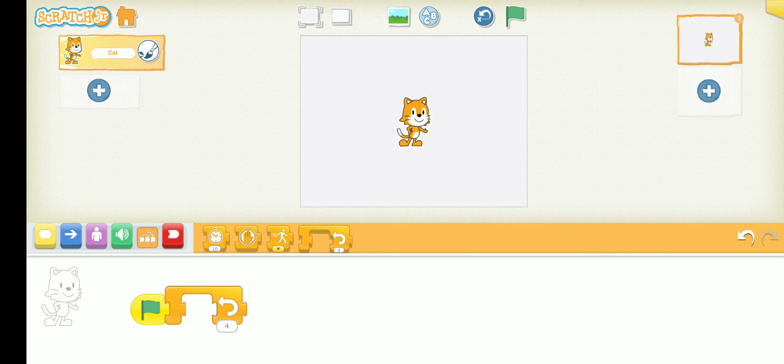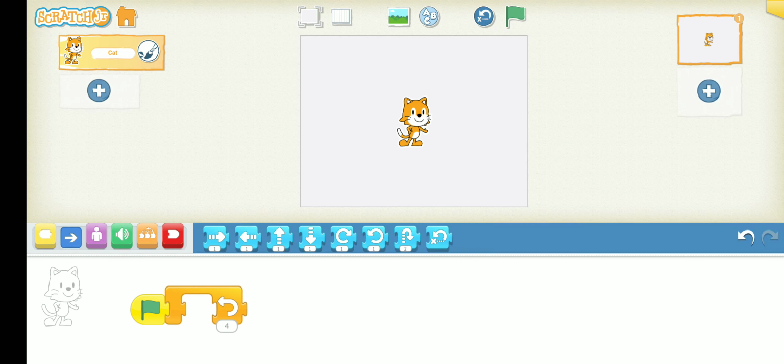So let us have an example. Suppose I come to the blue block here and I want to go forward one step, back one step, and right and left. What we have to do is drag all the blocks inside this repeat option. Okay, so I have dragged some random blocks inside it, and now let us click on the start button.